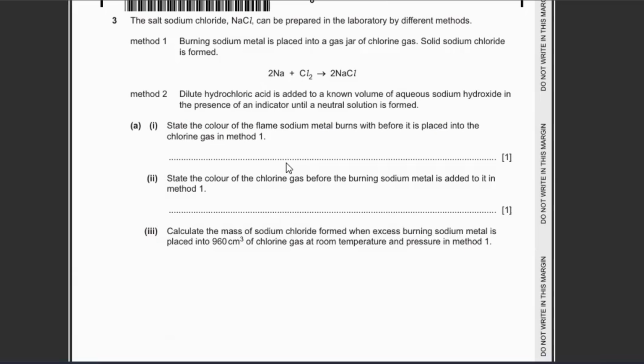So, flame test of sodium metal is a yellow flame. Sodium burns with a yellow flame. Next, state the color of the chlorine gas. So, the color of chlorine gas is green, or you can say pale green color. Next, we have calculate the mass of the sodium chloride formed when excess burning sodium metal is